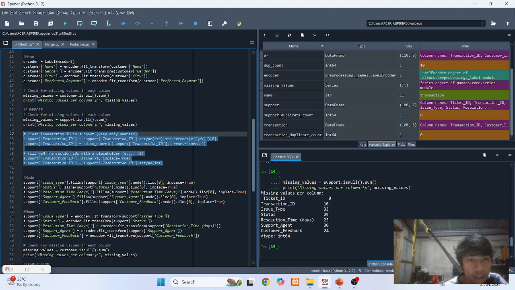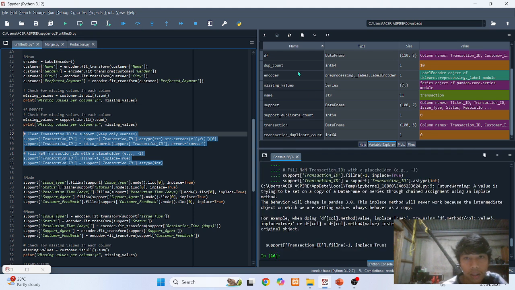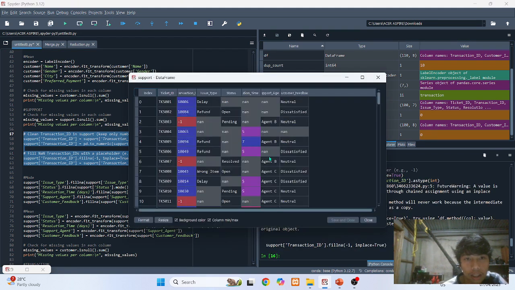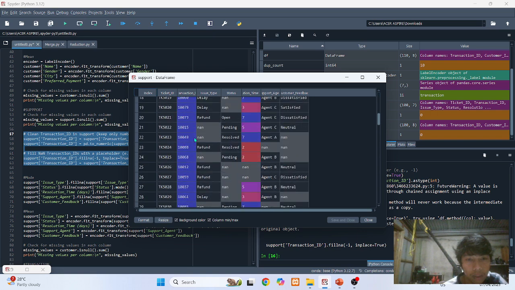We need to consider it as missing. It also suggests that we need to drop the table. But we're not going to drop the transaction ID since we're going to use that for future joining or merging of the two datasets. So we need to transform or convert that to -1. As you can see in the support, the transaction IDs that are none become -1.